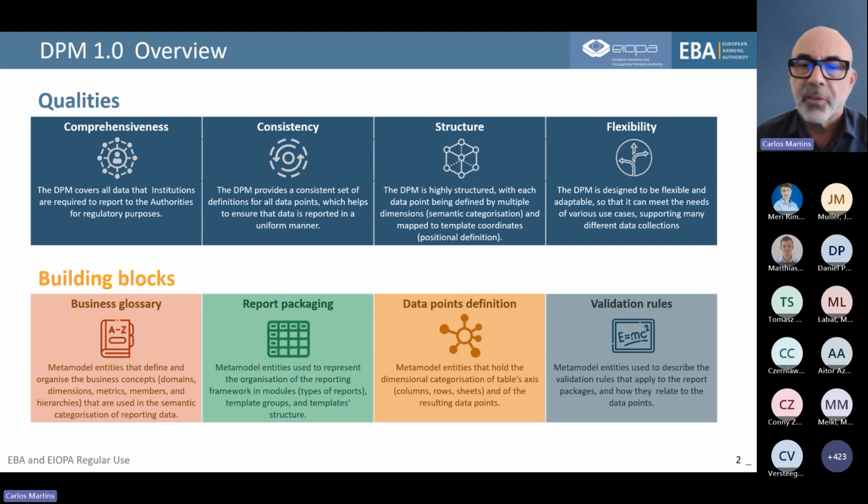So the data points themselves, of course, they are there, defined. This is actually the outcome of the process of data modeling, to model the templates using the glossary and automatically derive all the data points that are part of the different reporting frameworks.